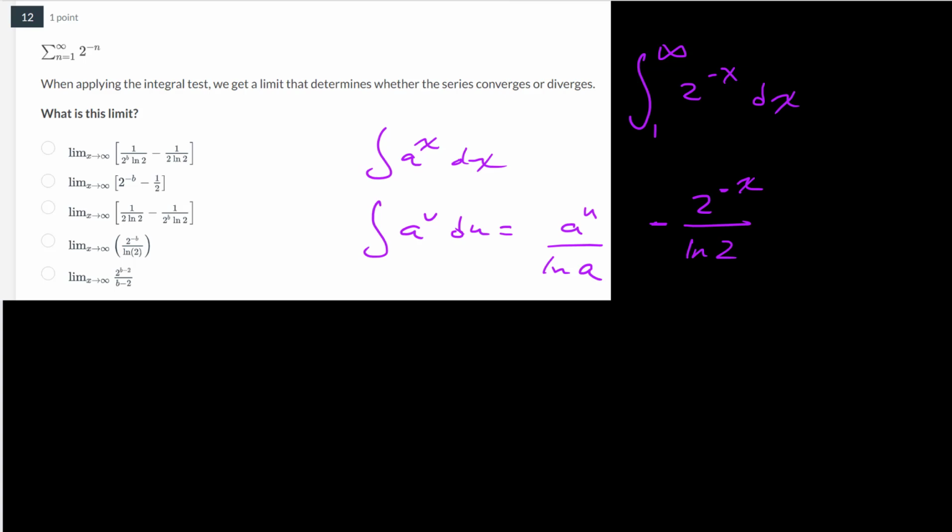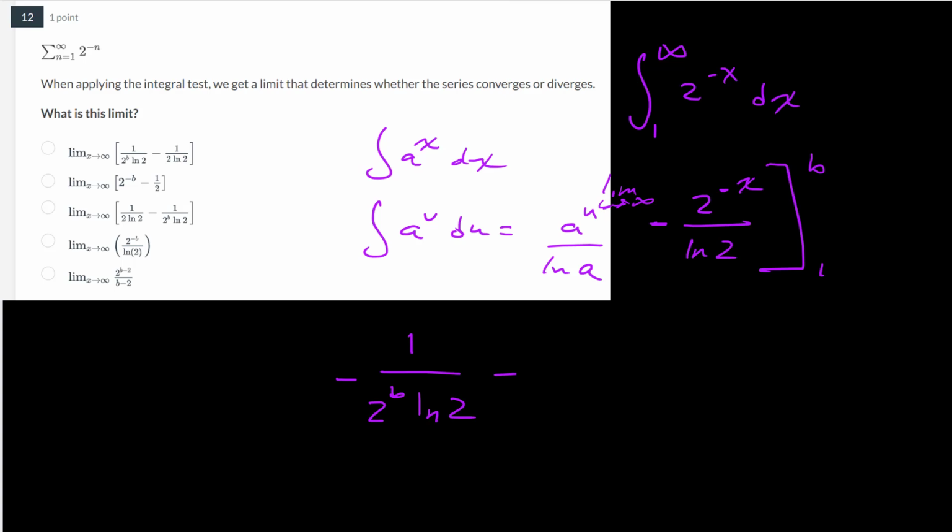So we're going to have a negative sign out here as well when we take the antiderivative. So we have to evaluate this from 1 to b and taking the limit as b goes to infinity. So first off, we're going to evaluate this limit from the top, which is at b. So we're going to have negative 2. This is to the negative power, so we can put it on the bottom. So we're going to have negative 1 over 2 to the b, natural log of 2, minus, and then we